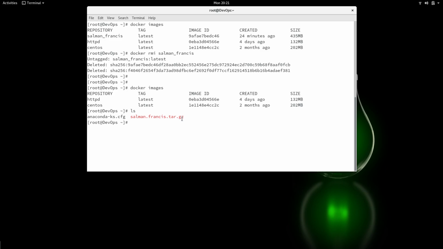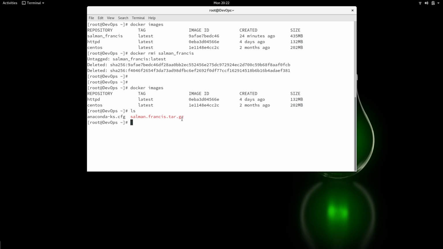So the thing is, you can copy this image somewhere on a safe drive or somewhere else. You can save it. You can push it to Docker Hub, which we will see in our next video. And then you can always bring back the image from this zipped file and create containers out of it. So let's do that. What I'm going to do is bring back my lost image